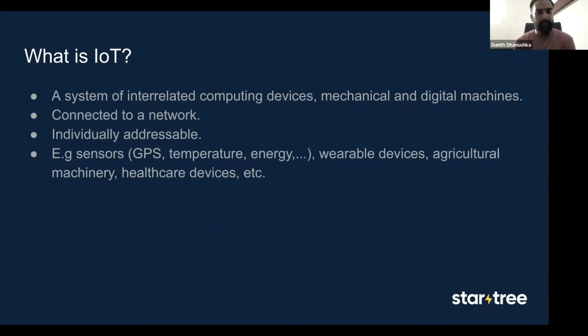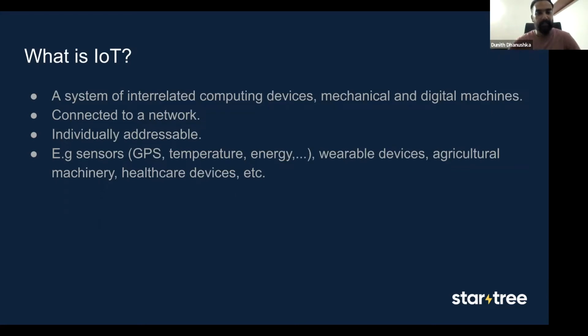By the official definition, IoT is a system of interrelated computing devices, mechanical and digital machines. I know it's a bit hard to digest, but at least it says interrelated, right? So basically, you can simplify it as interrelated devices with some computing power.